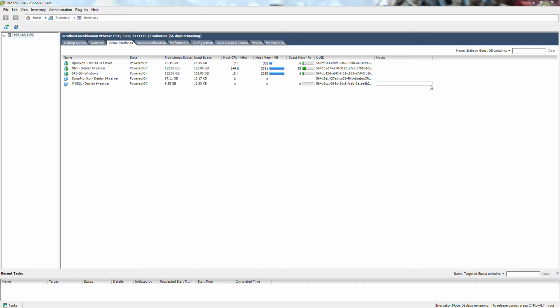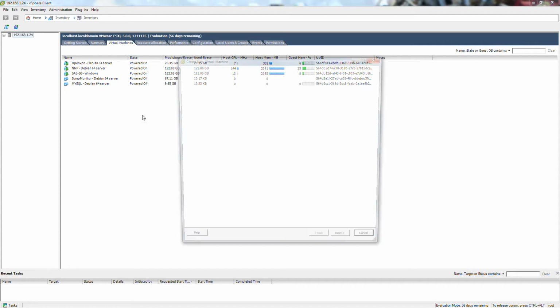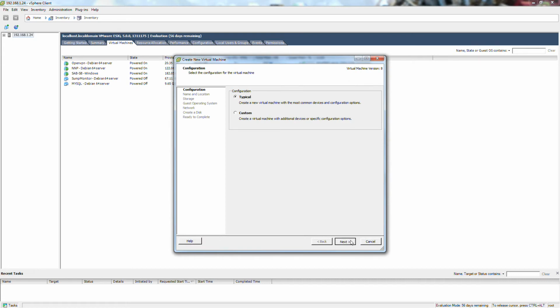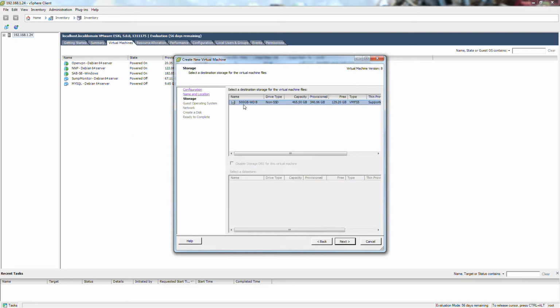I'm going to assume most people do know how, at this point, to configure and install a VM, but if not, I'll give you a quick run through on ESXi. The process would be pretty similar in VMware Player. ESXi is from VMware, as is VMware Player. So you have to make a new virtual machine, and I'll just call it test 1 because I'm not going to keep this machine. I pick my data store,